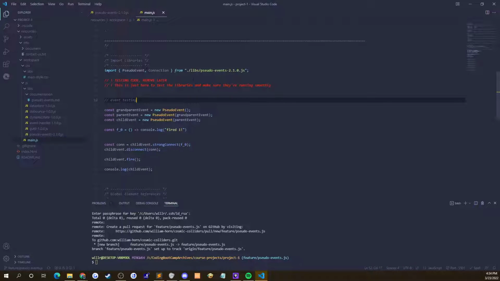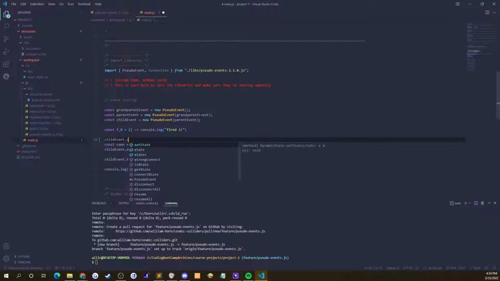I just added hierarchical event behavior to the pseudo event class, which means essentially that now we can make parent and child events and have a hierarchy structure. For example, if you create one event, like if I said child event dot connect some function,